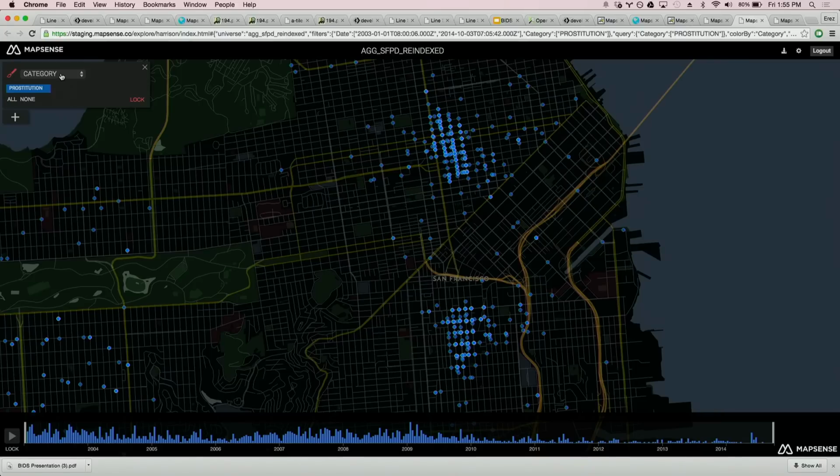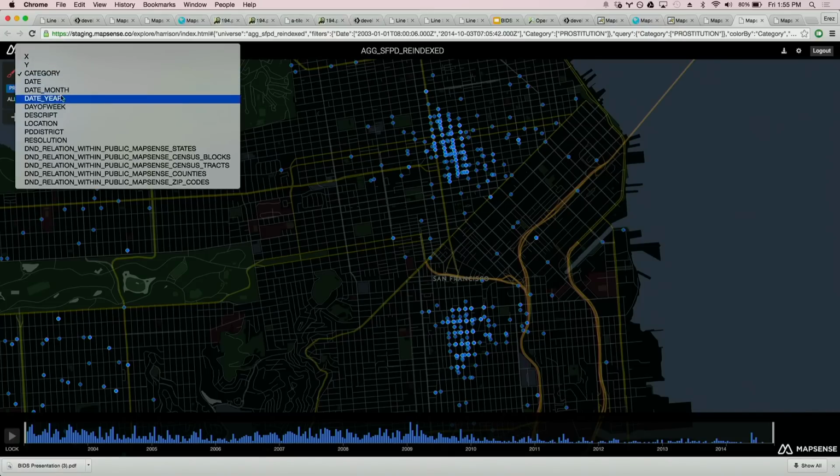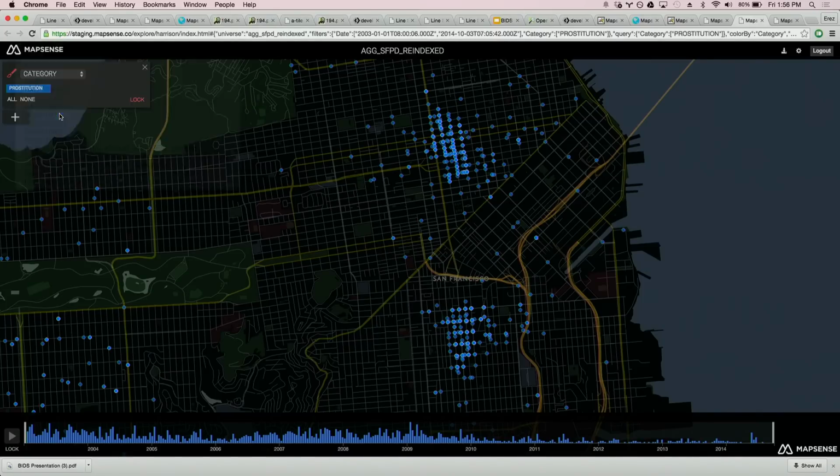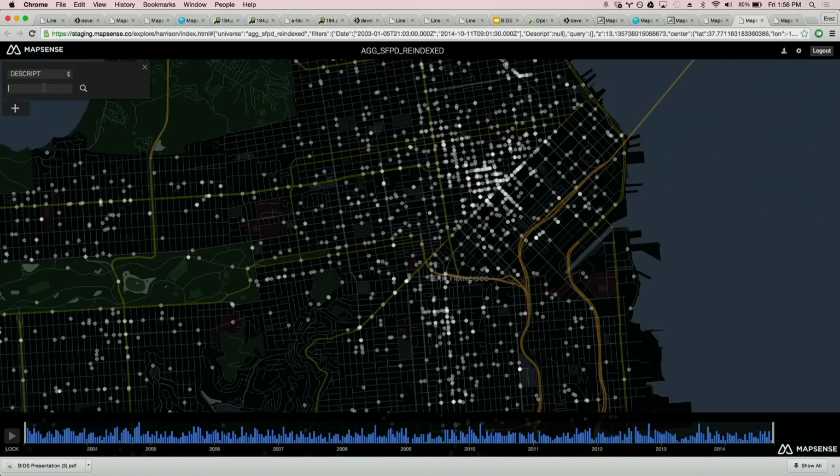One of the things that's nice about how we index data at Mapsense is we also index for unstructured data, or text. Associated with each one of these crimes is the actual text description that the officer wrote when he made the arrest. And we can search those text descriptions. I showed this at an earlier speaking engagement where some of you were. It's interesting to search for different drug types to show where the distribution of those drugs are in San Francisco. If you look for all arrests where the police report contained the word marijuana,